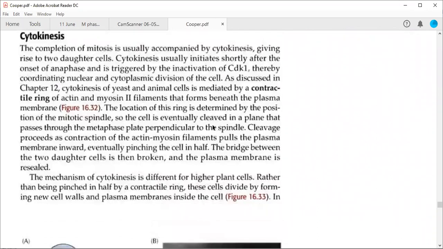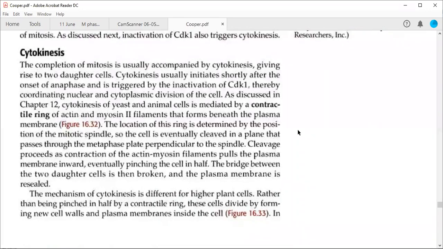So once the cell has moved from metaphase to anaphase, once your sister chromatids are separated, the anaphase will be followed by telophase, and the cell will complete its karyokinesis, followed by cytokinesis. Cytokinesis in mammalian cells, or animal cells, is mediated by a contractile ring of actin and myosin 2. Please underline this. This is made up of actin and myosin 2, whereas in plants,